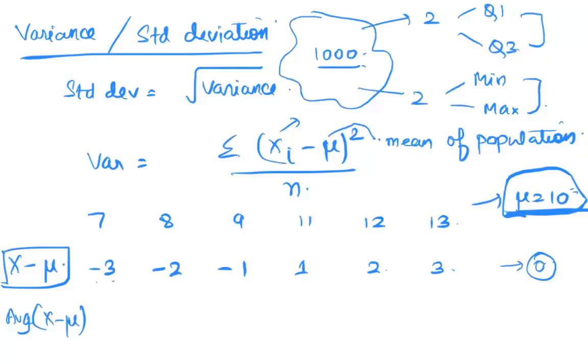We are only concerned with, on an average, how different all the points in the population are from the central tendency measure. Because we are going to use the central tendency measure as a point estimate. If I add this number to that central tendency measure, then I get a sense. Together, when I read both, I'll be able to figure out, okay, if I'm saying that something on an average is 10 and the variance is 30, then we'll see how we ultimately interpret it for both the classes. But a lower variance or a lower standard deviation would indicate that values are close to the central tendency measure, whereas a higher value would indicate that they are further away from it.